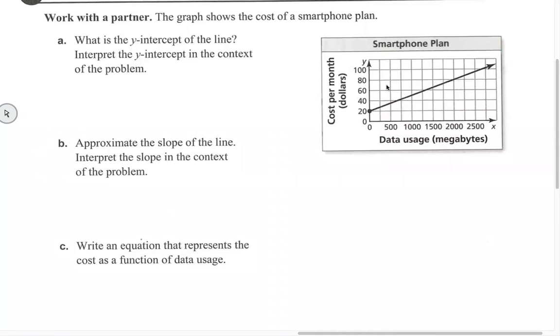So why might we need to write equations of the line, or anything for that matter? In real life, things can be represented and communicated through equations. We can use them to predict the cost of gas or the cost of a smartphone plan. So in A, it says, what is the y-intercept of the line, and interpret in the context of the problem what it means. So Drew,